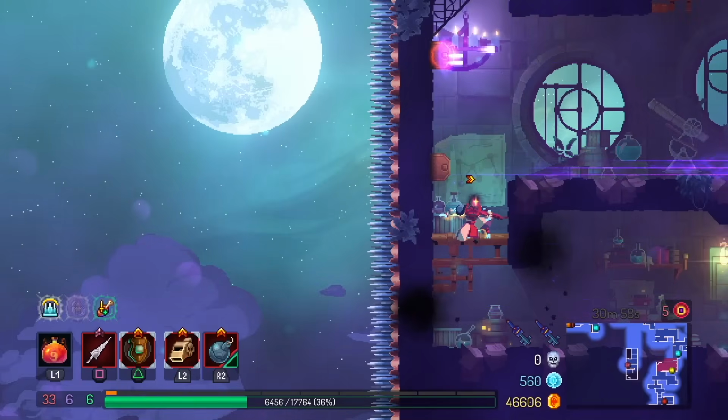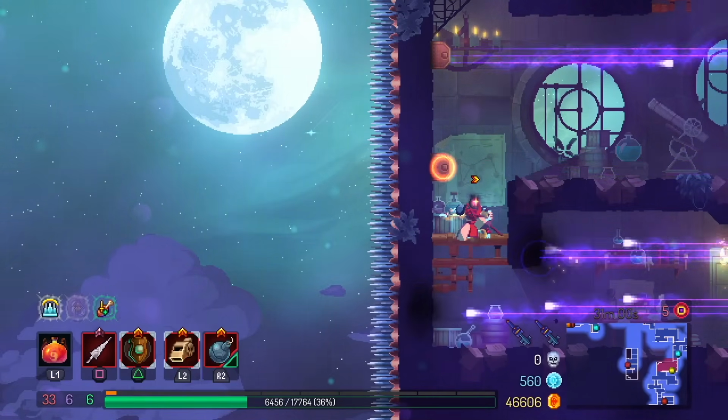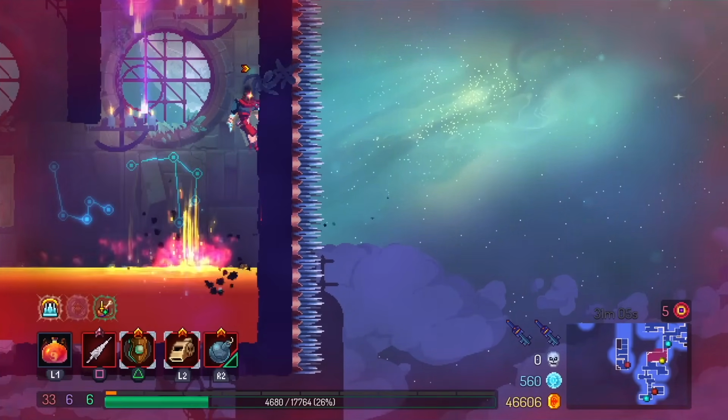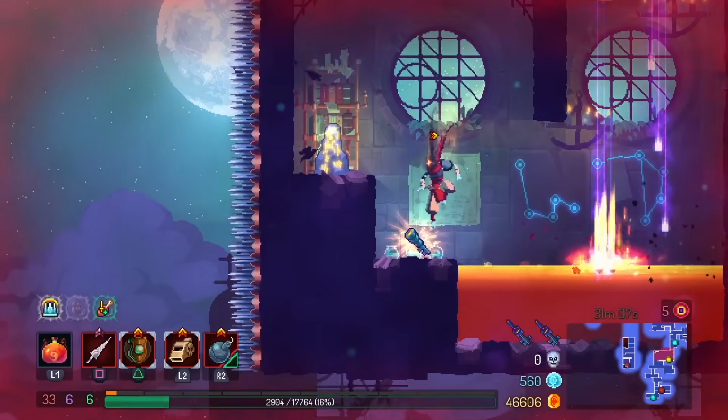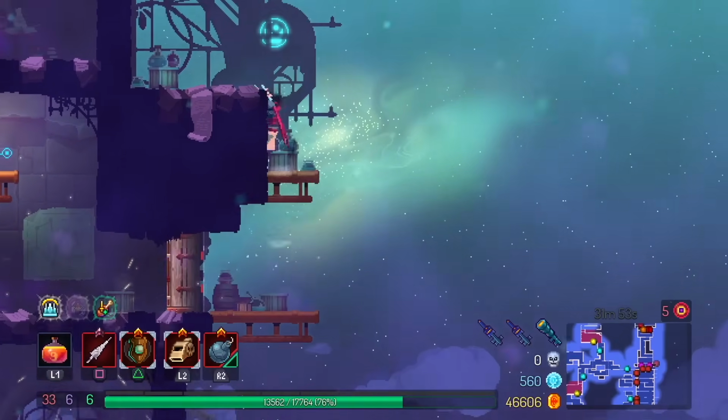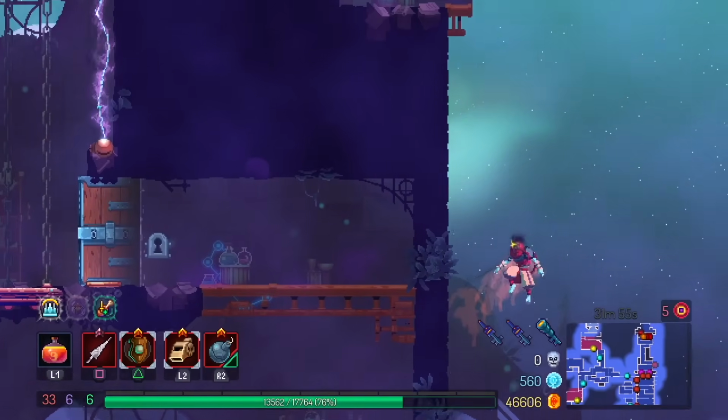The last section is the trickiest since you'll need to descend down an area where there are 2 vertical lasers, 1 horizontal laser, and no ground to stand on. Here's where you can grab onto the wall and wait for the right moment to jump across the lava and grab the Apex key. Once you have the Apex key, you can make your way back to the tower and